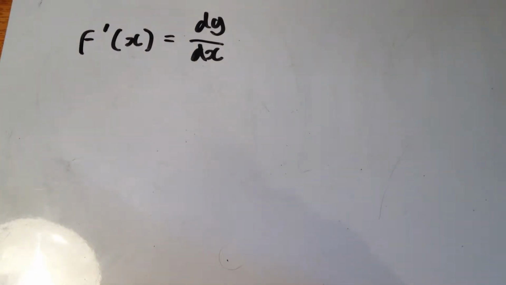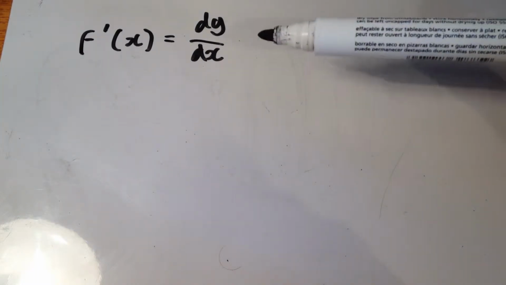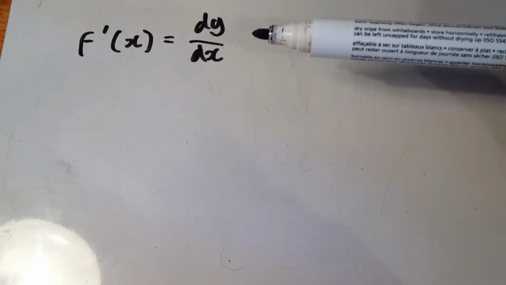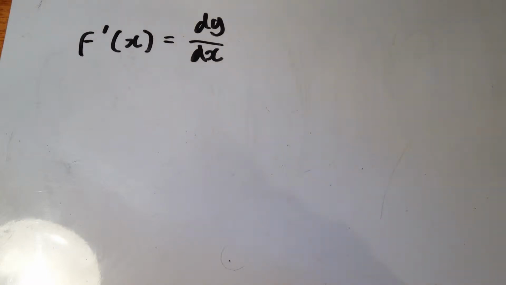My video report will be on differentiation from first principles. So I already know that given a function f of x, the differential notated as f dash x is equal to dy over dx. And this not only can just be applied to linear, it can also be applied to other powers of x. So we'll start by